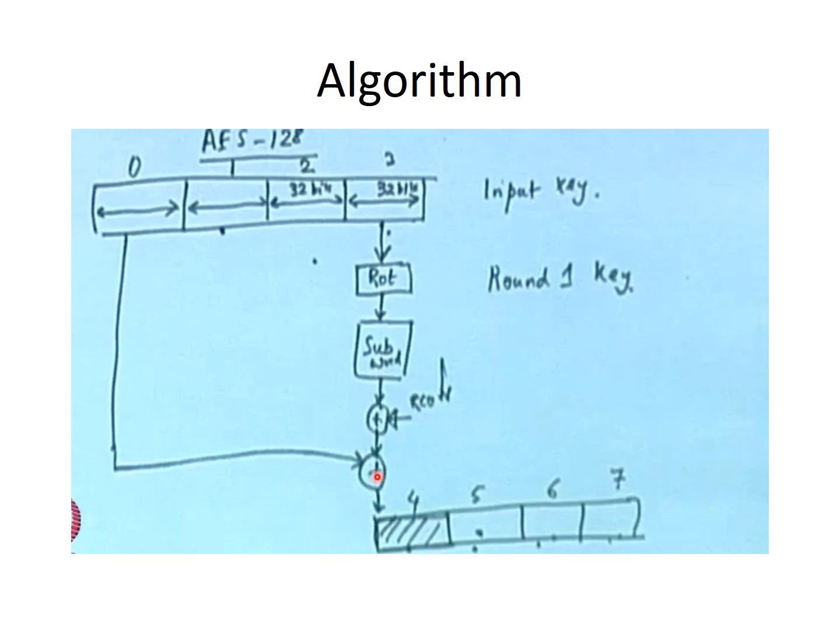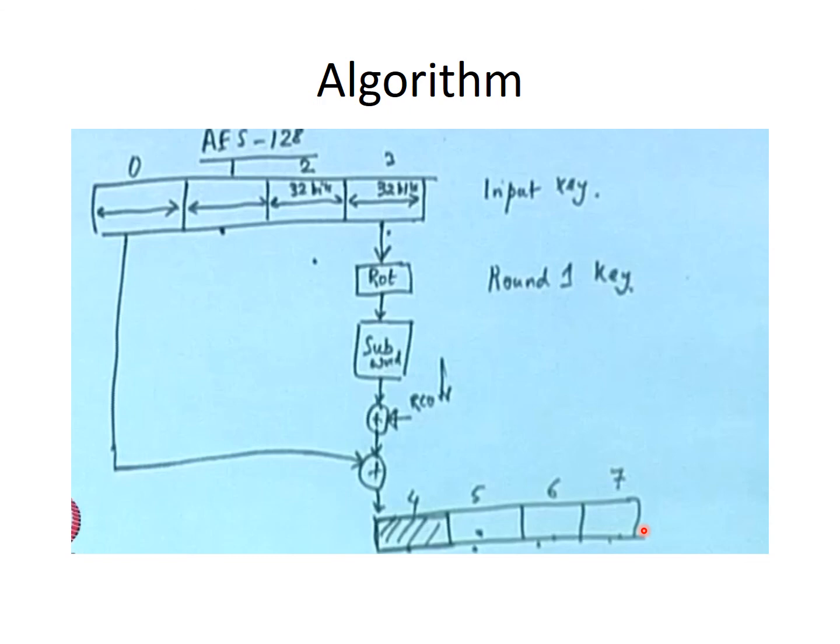After that I get a value, which in the previous figure I represented as T4. T4 is XORed with W0 and we get the fourth word, W4. The fourth word I XOR with the first one W1, and I get the fifth word. The fifth word, currently generated, is XORed with the second word W2 and I get the sixth word. The sixth word I XOR with the third word W3 and I get the seventh word.